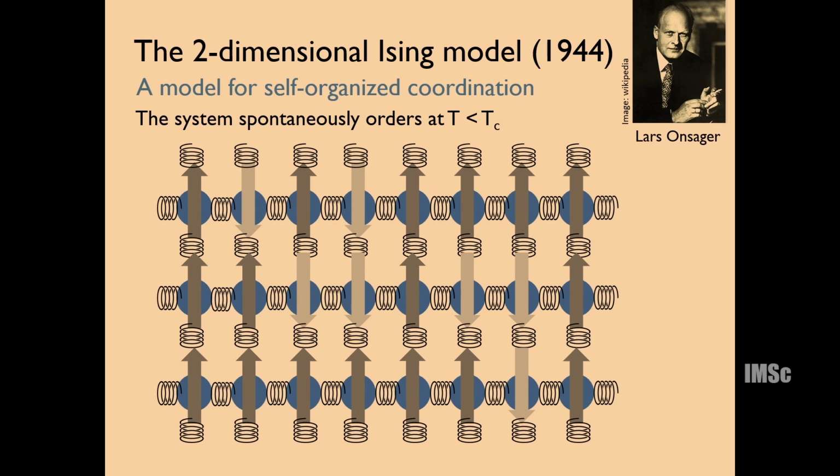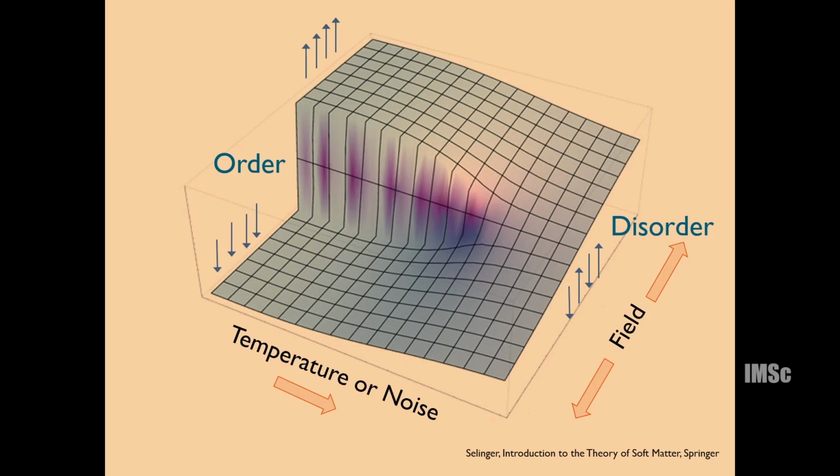So Onsager showed rigorously that if you have a two dimensional model where spins are not only coupled to the left and right neighbors but also to the up and down neighbors, then provided your temperature is low enough, you can actually order the whole thing such that below some critical temperature, everything will get ordered. And this is what leads to this very famous order-disorder diagram, where as you gradually increase temperature or noise, you go from order to disorder,